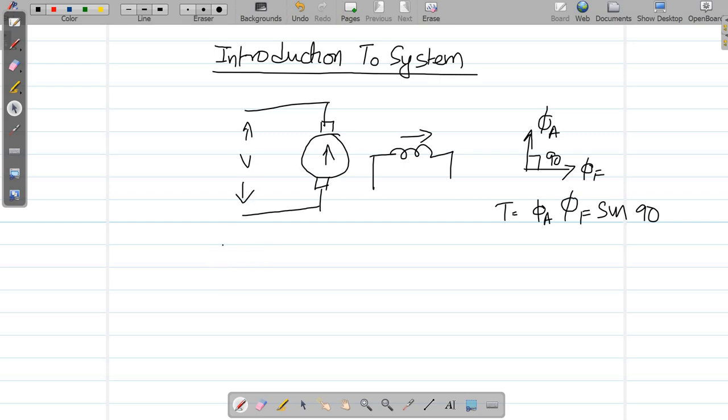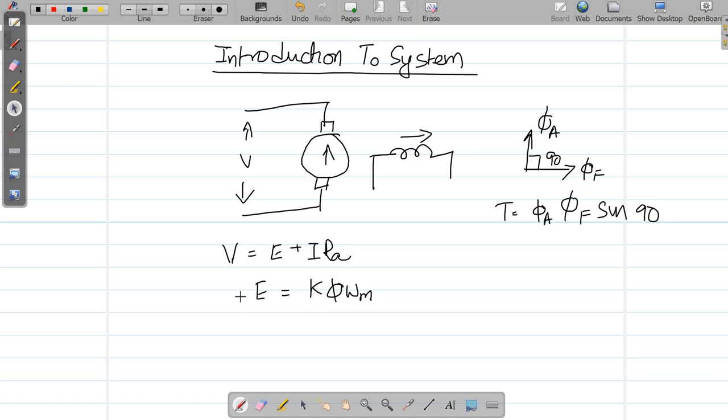and when we apply a voltage, a current is passed through the winding, and this voltage will be equal to the back EMF that is generated within the armature plus the voltage drop in the armature. Let us, for the sake of discussion, omit the brush losses. So the back EMF can be derived from this equation is equal to k times psi omega m, where omega